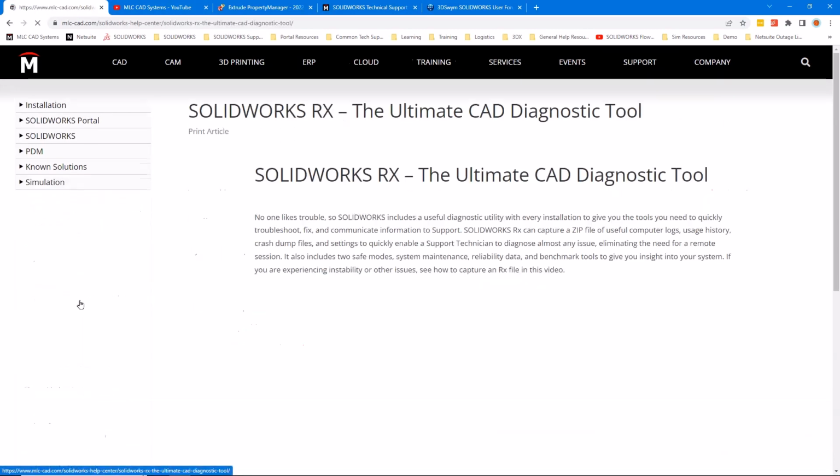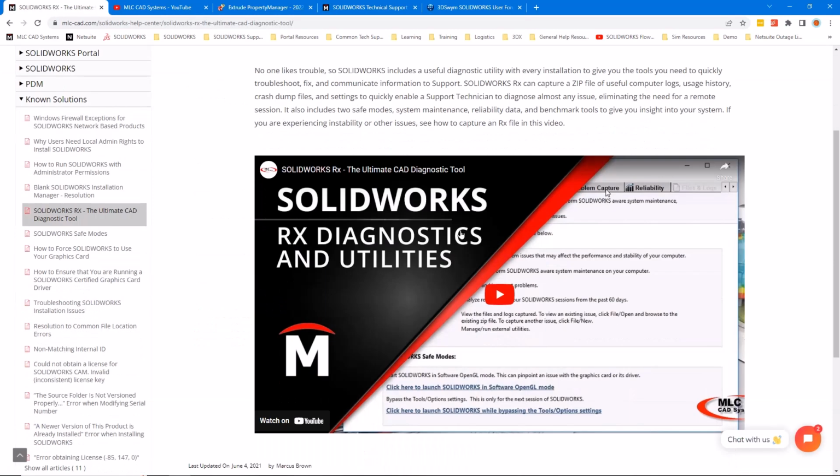There's also how to use that RX tool, which captures background information. You can record what's going on, it can capture files, and it can look at your system. That can be very helpful. And the other thing I'd say is a best practice